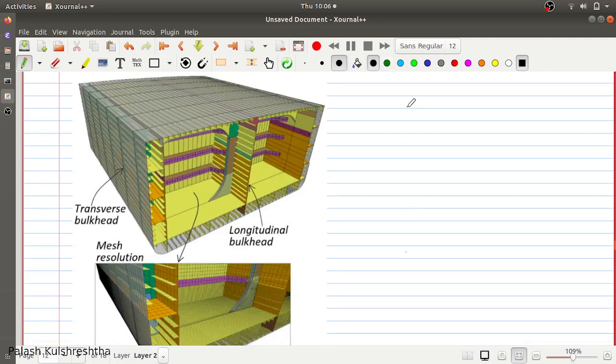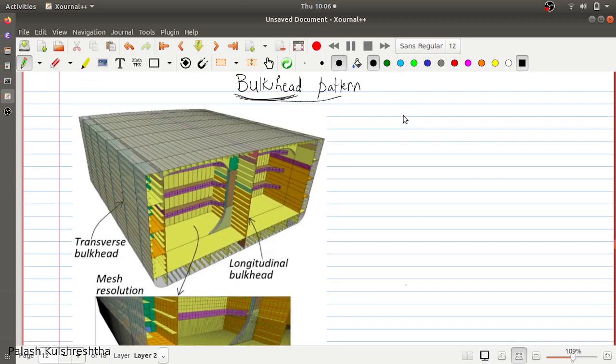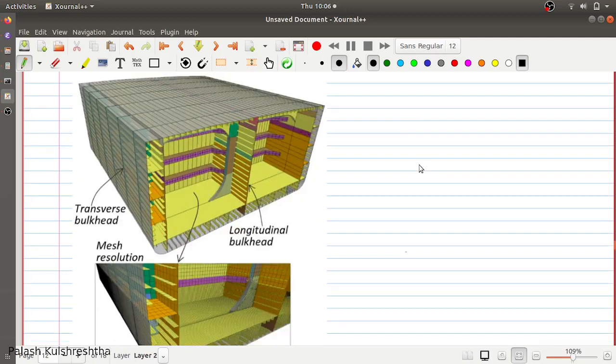With bulkheads, we divide the whole ship into different bulkheads or compartments, so that if there is any hole or damage in the ship during its journey, only that compartment floods. For example, this is a cross-sectional view of a ship.